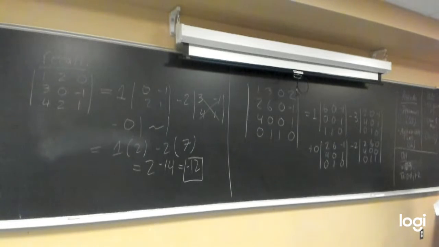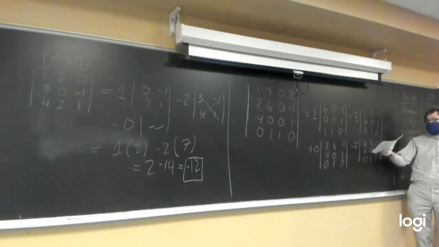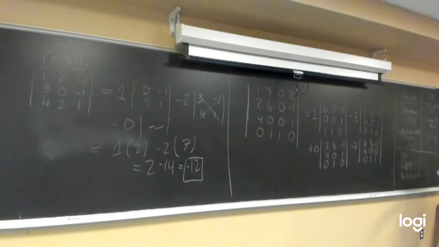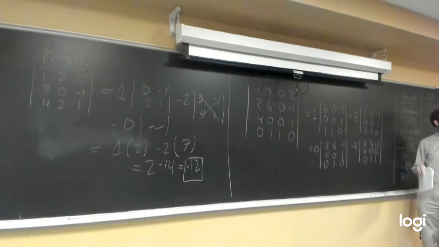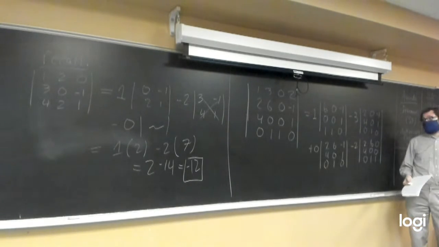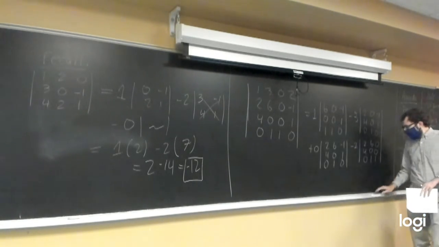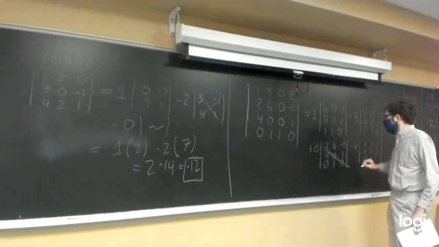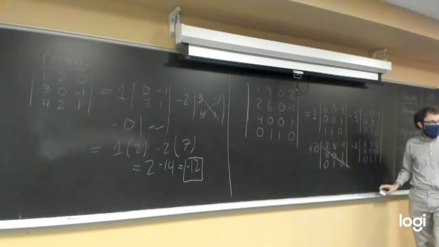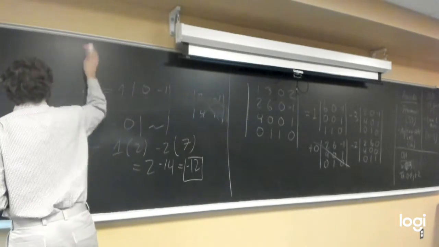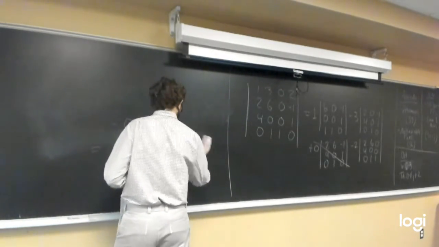We're basically just working our way along the top row, plus, minus, and then using the same procedure we used to break up a 3 by 3 determinant into 2 by 2 determinants, we can break up a 4 by 4 determinant into the sum of a bunch of 3 by 3 determinants. Which fortunately, we don't need to evaluate that one because it's getting multiplied by 0. But if we took the other 3, what we would end up with